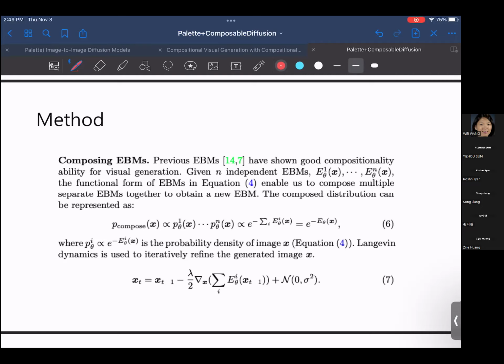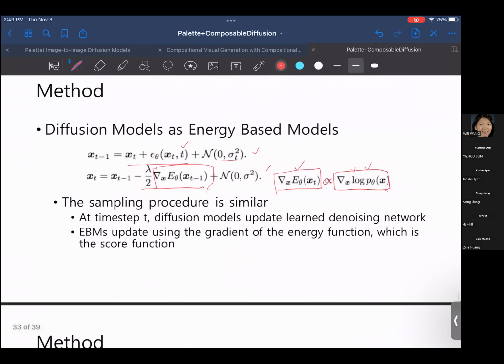To show a little more specifically how they perform this, for example, when they compose this EBM, as usual, what a normal EBM does is have different and independent EBMs, and they are simply going to conjunct these composed EBMs, and this is going to provide an easy explanation for all these different conditions. And inputting this equation is highly effective for use as a diffusion equation, because as I've shown in this part, these two,